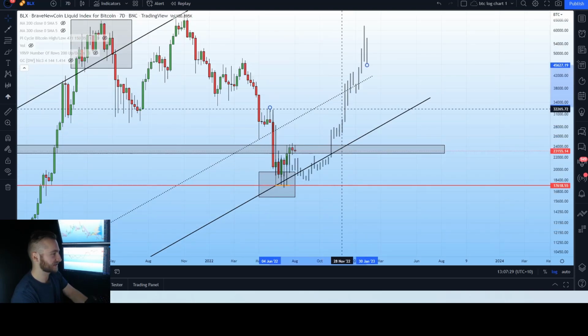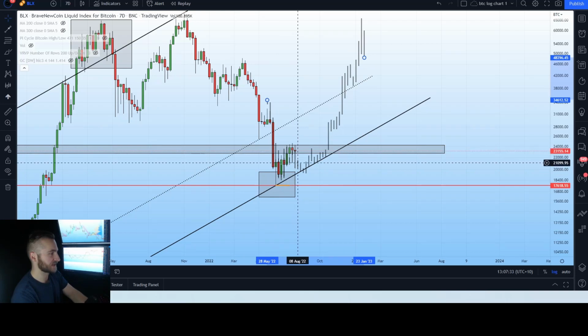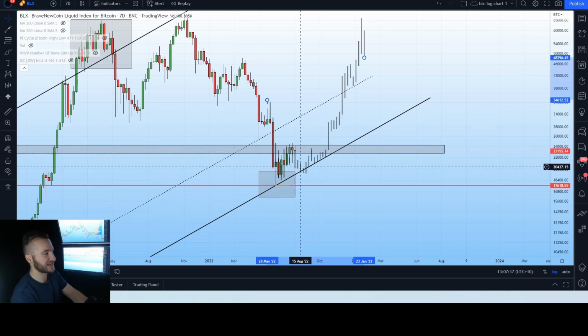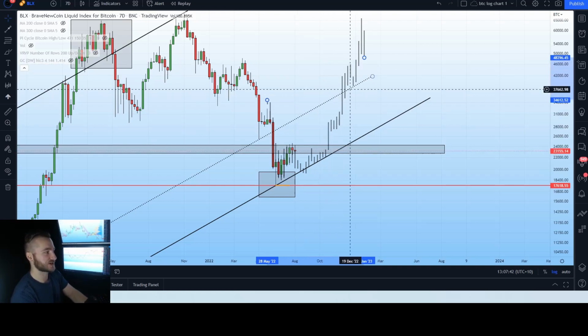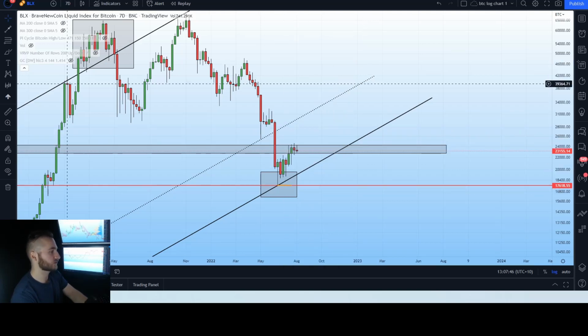We get a drop down, we bounce around. It's possible we see something like that. We come down, we bounce up, we come down, we retest this line, we hold this line for a little bit, maybe we fake out underneath it again, and then we push through later in the year and actually complete that trend upwards. It's a very real possibility, but like I said, the likelihood that we lose this 18K level